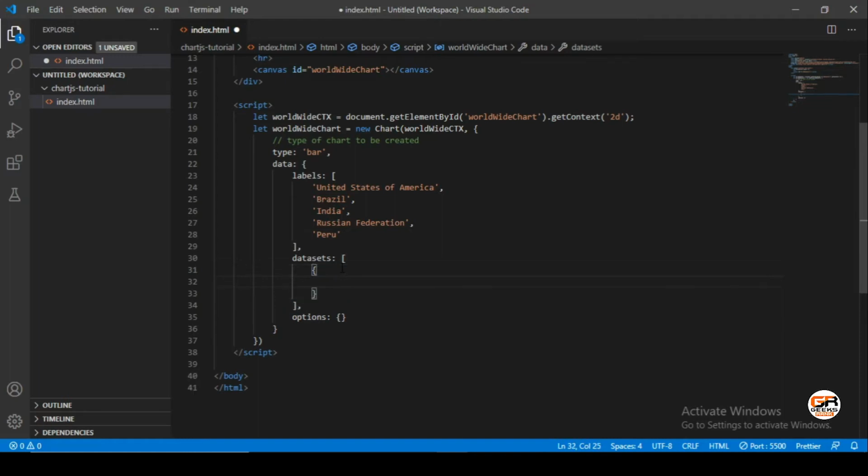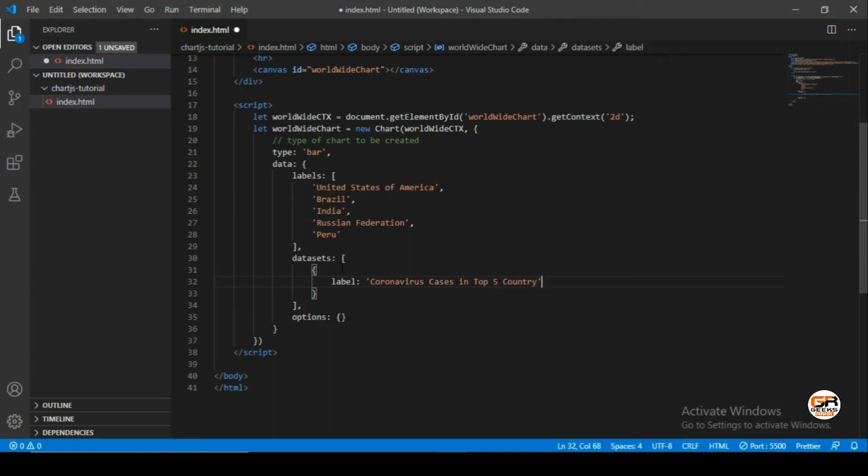First will be the label, not labels, and let's put the text here: coronavirus cases in top 5 country.